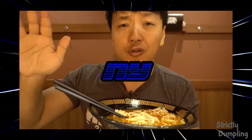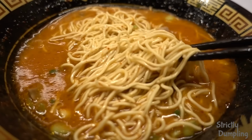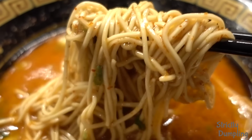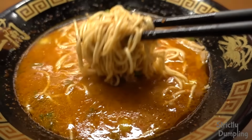I'm sorry. I'm currently being transported back in time and space. That noodle quality is definitely the same as I had in Japan. It's firm, yet soft and delicate. It grabs onto the soup oh so well. Look at all the particles of spice just clinging onto those noodles for dear life, swimming in that elixir of